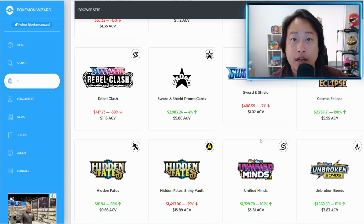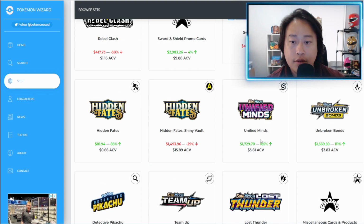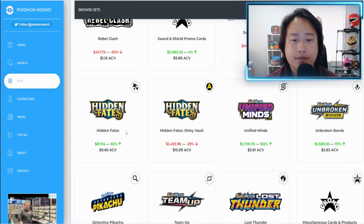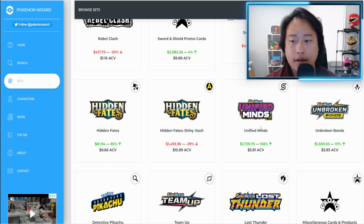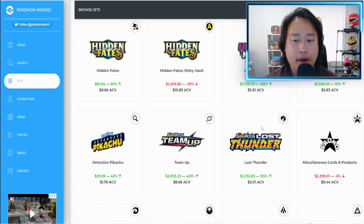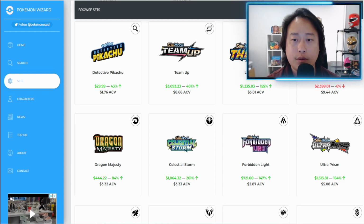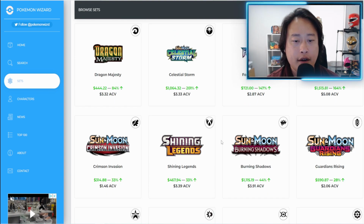In my personal opinion, I feel like Cosmic Eclipse was in fact the best regular Sun and Moon era set. Aside from holiday sets, I think Hidden Fates is the best modern set of all time. But aside from that, a close second, third would probably be Team Up, and then Unified Minds, Unbroken Bonds. You know, the second half of Sun and Moon was really good actually. Ultra Prism's up there, but